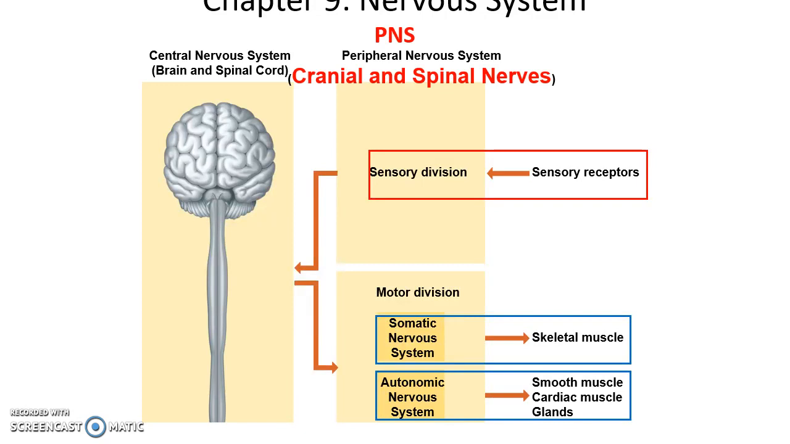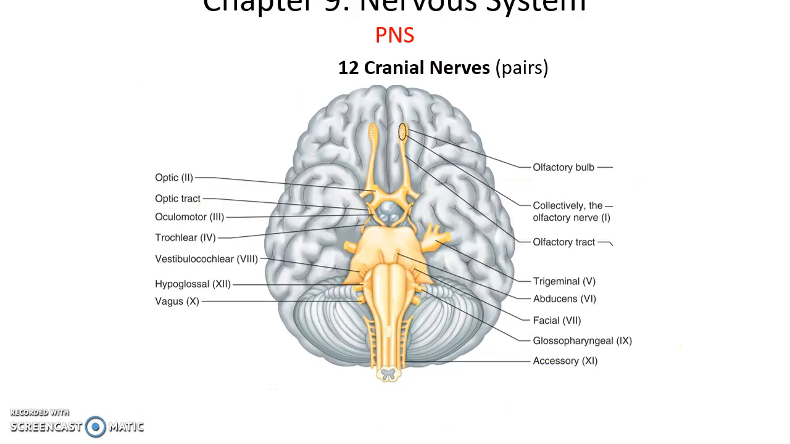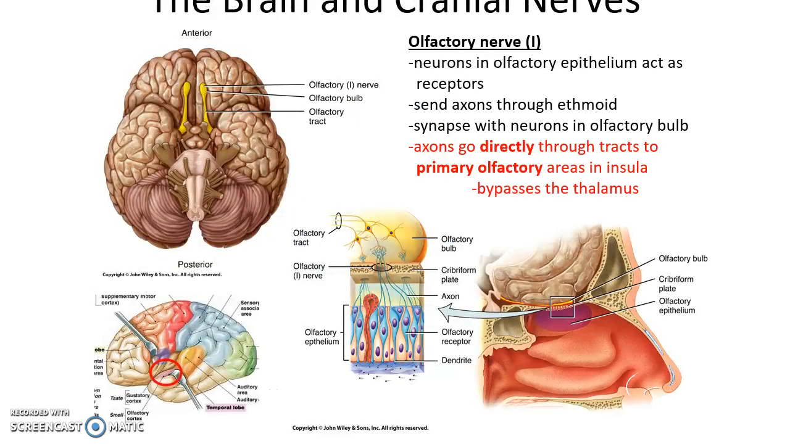All right, so the peripheral nervous system, as we know, is made up of cranial and spinal nerves that include sensory information going to the brain and somatic and autonomic information going out to control the effectors. There are 12 cranial nerves. Cranial nerve 1, olfactory nerve, is interacting with the neurons of the olfactory epithelium to carry and transmit the sensation